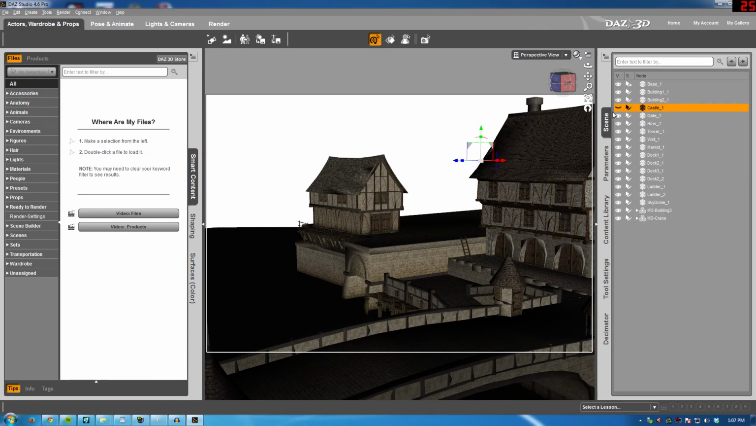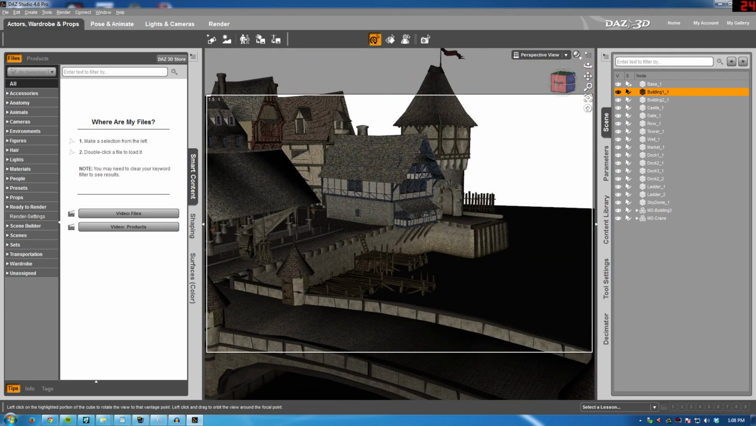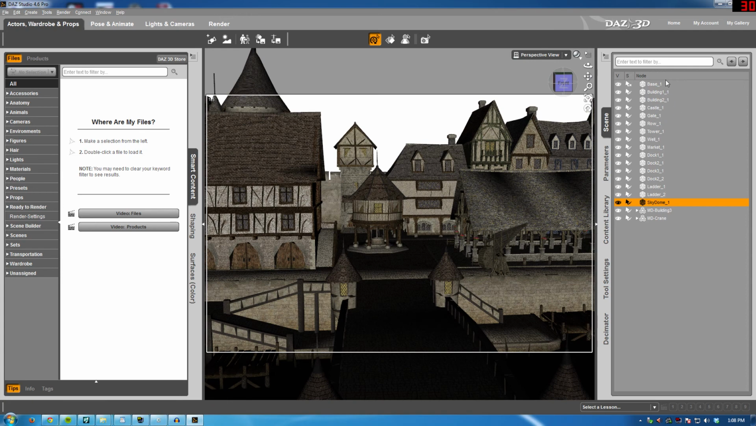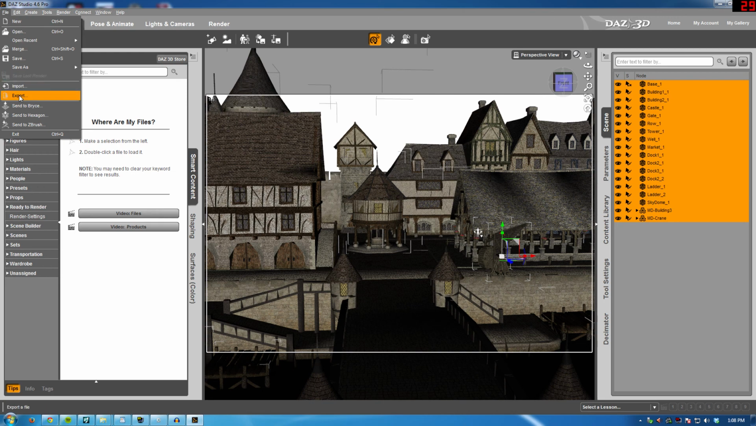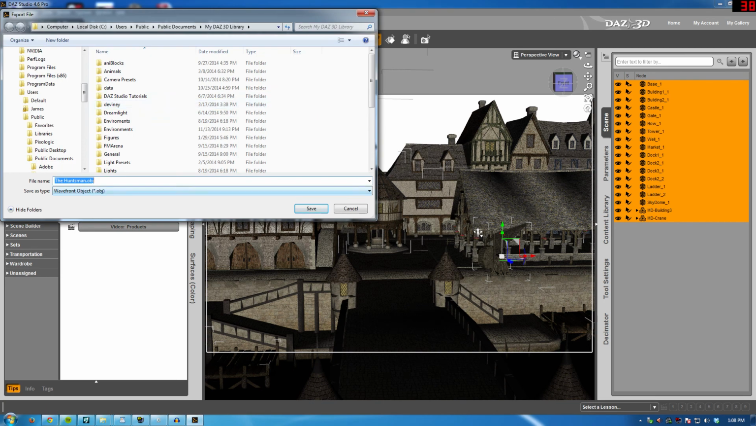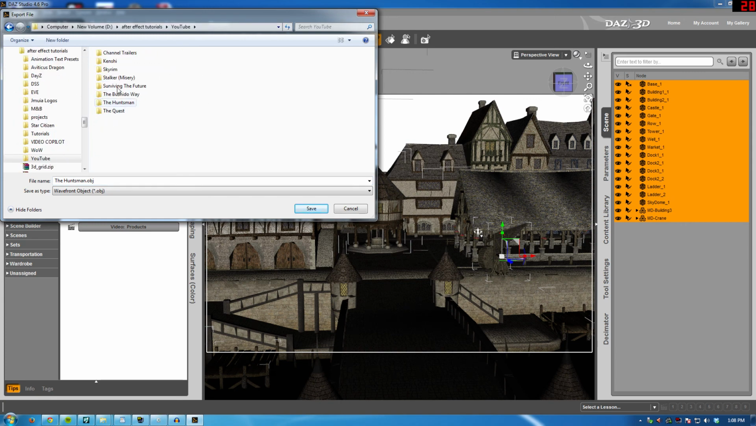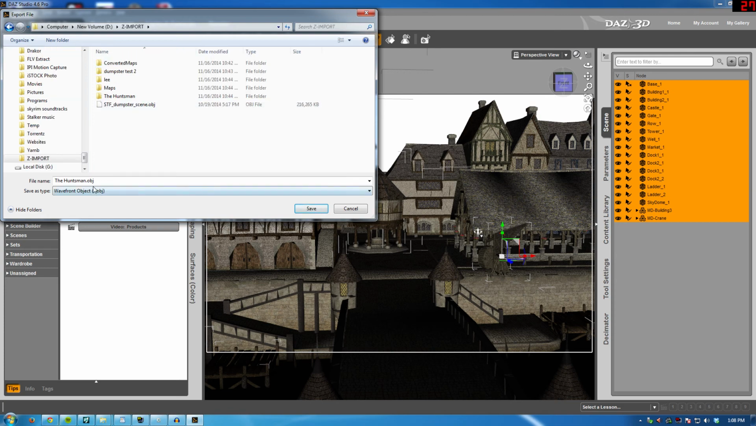I mean, I could also get rid of some of these objects, if I was sure which ones wouldn't be in the scene. I could just get rid of the castle, or maybe just this building if I wanted. But I think that'll work. So what I'm going to do is select all of these,